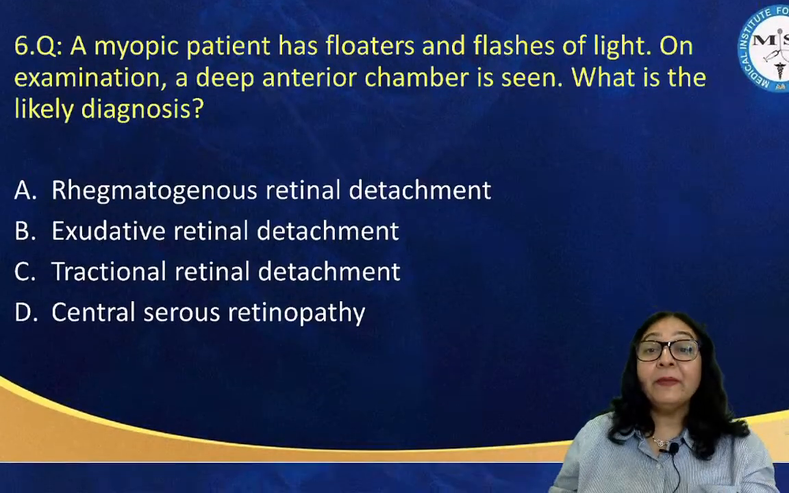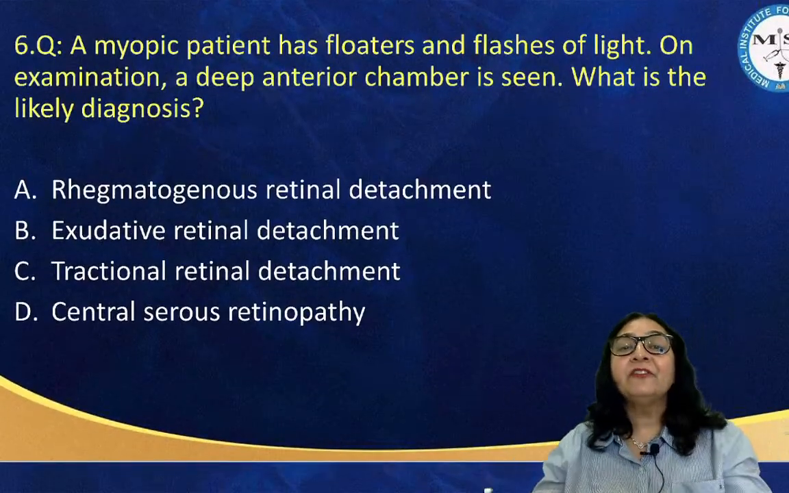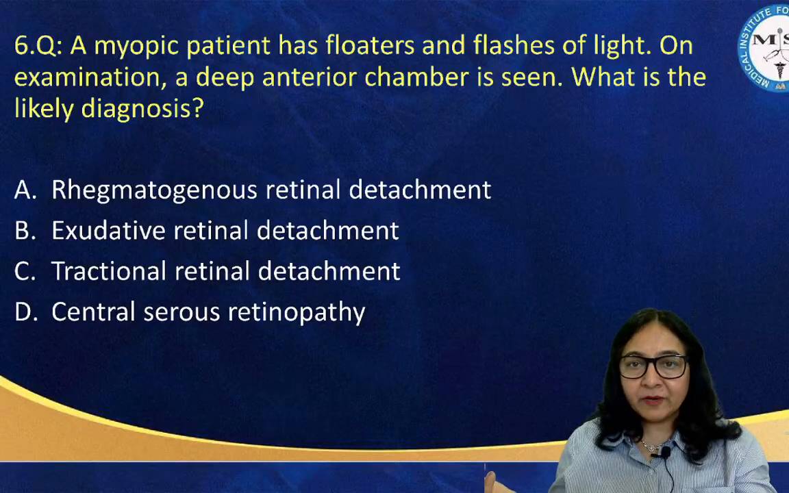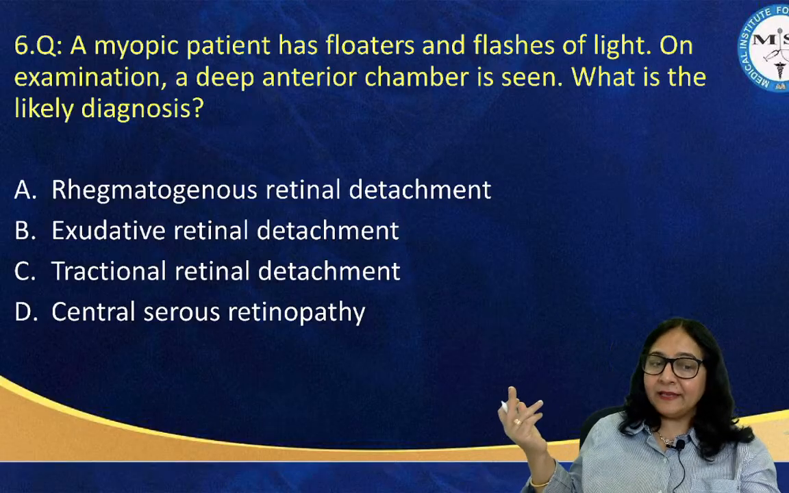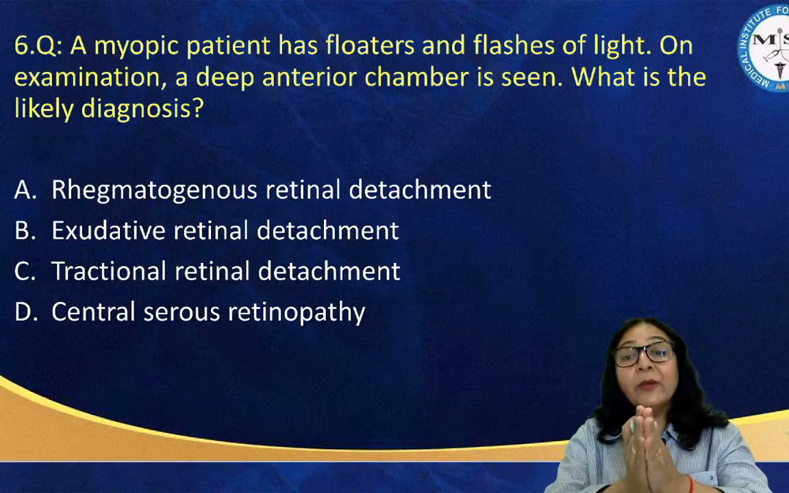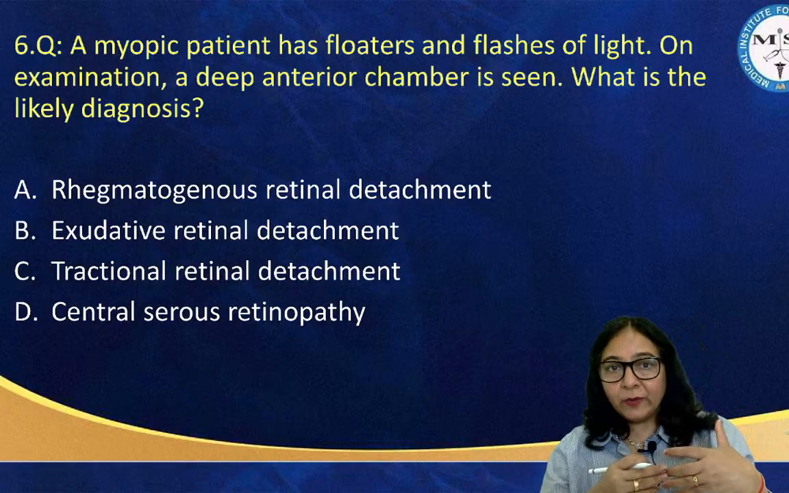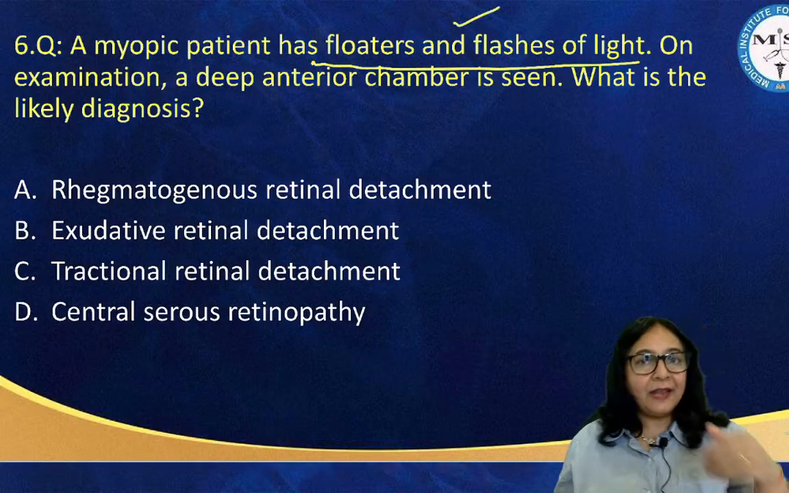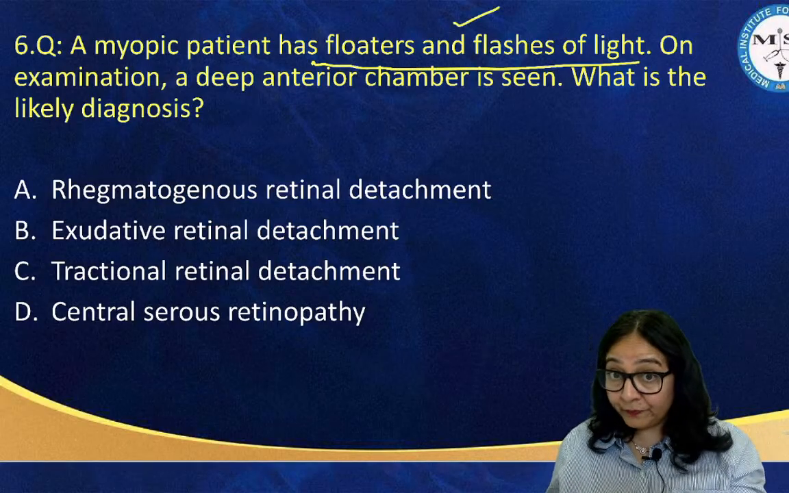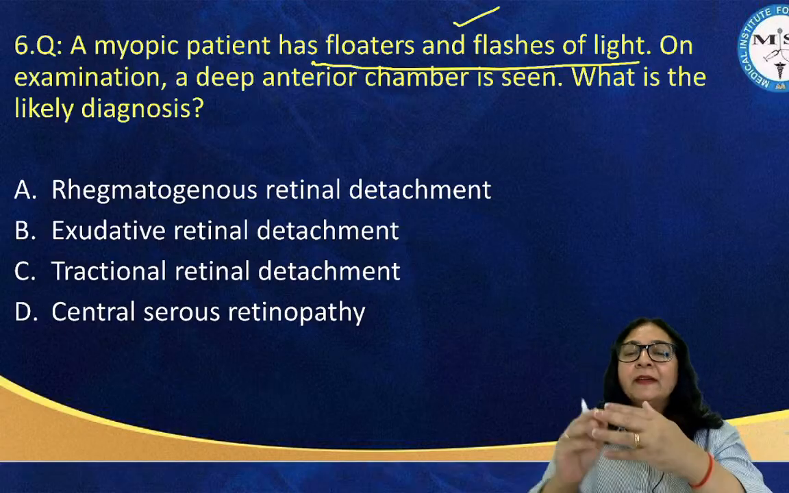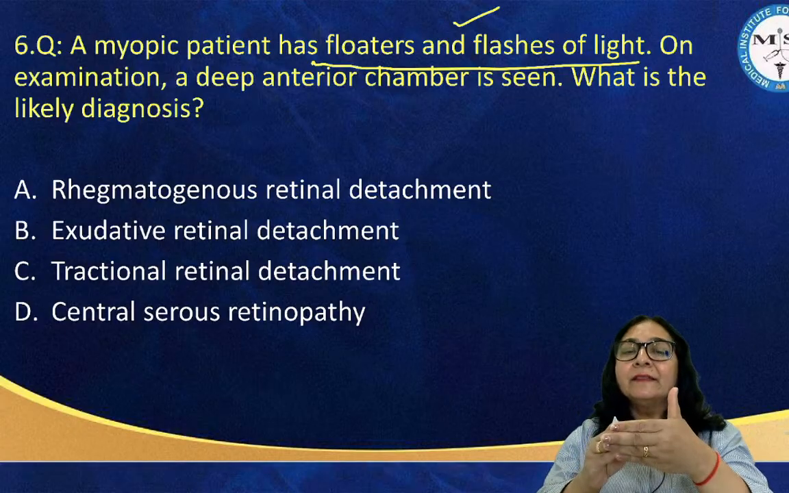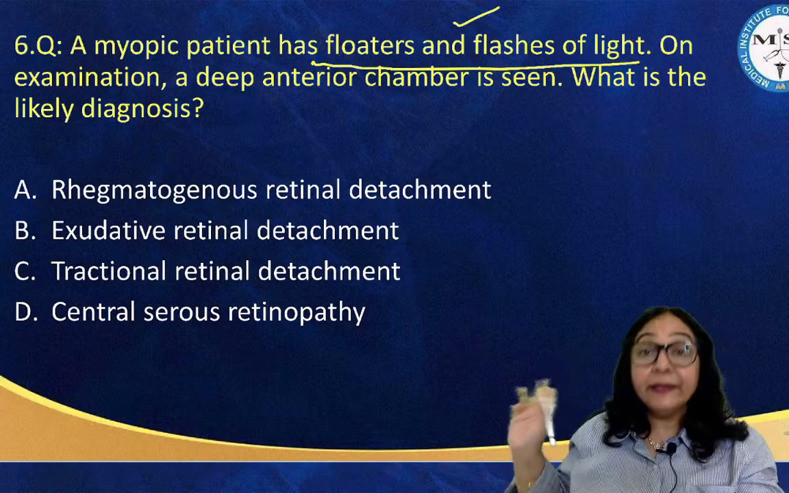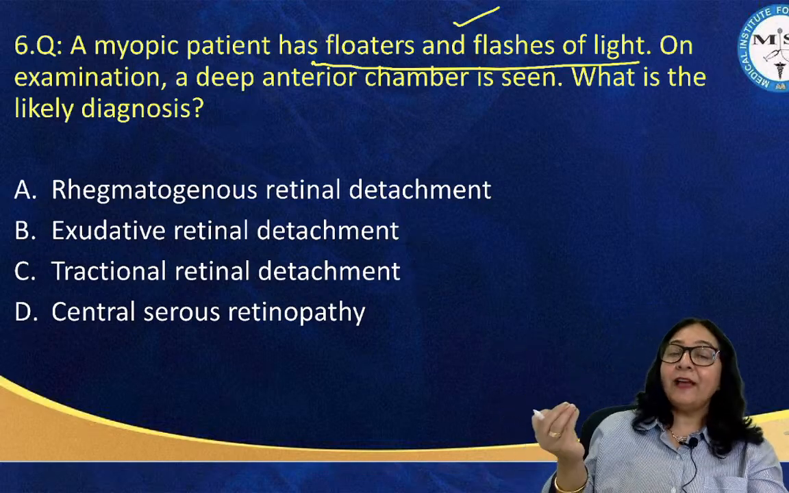A myopic patient has floaters and flashes of light. On examination, a deep anterior chamber is seen. What is the likely diagnosis? This question is a sort of past year question, because questions based upon floaters and flashes of light have come earlier also in your FMGE exam. There they had added that there is a curtain falling. Now even if there is no curtain falling mentioned here, floaters and flashes,